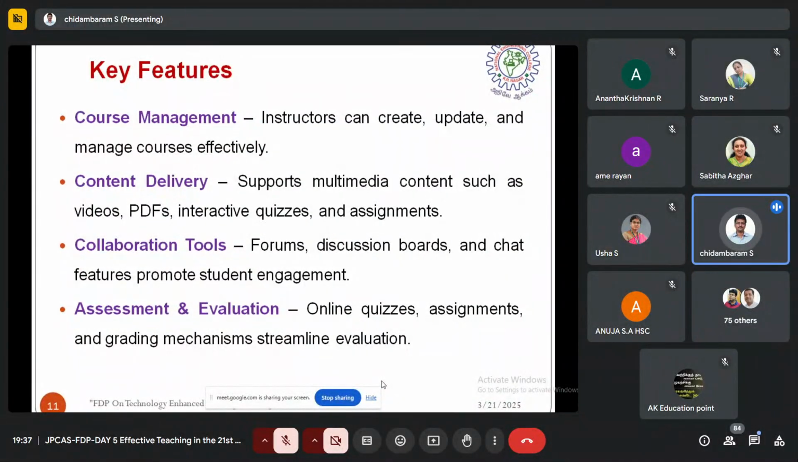So for that purpose, we may have used quizzes or assignments or grading mechanisms, to streamline evaluations. So everything we can conduct in our LMS. We can maintain a separate dashboard. In the dashboard, initially we can enroll all the students, and then we will post all the contents